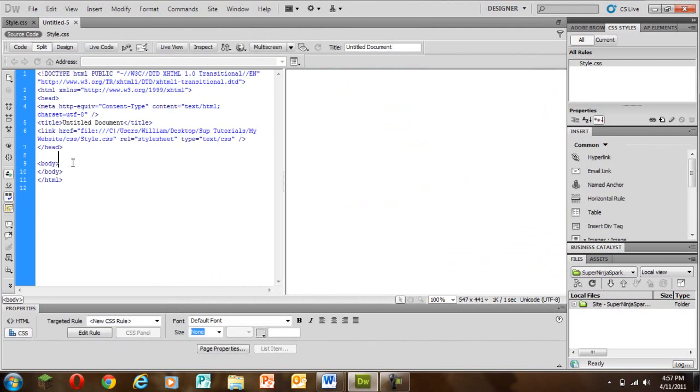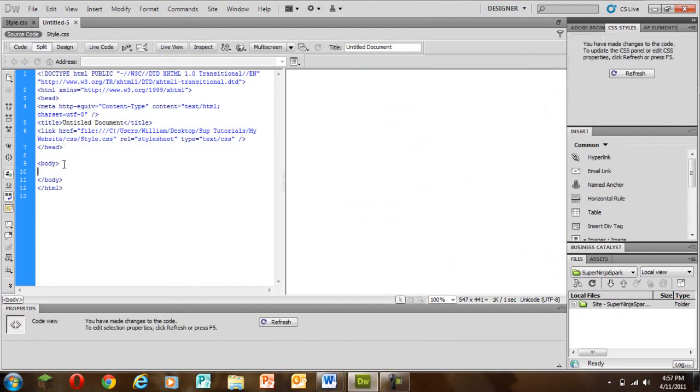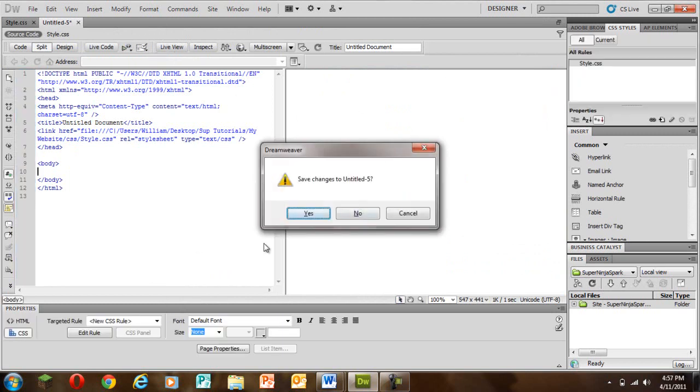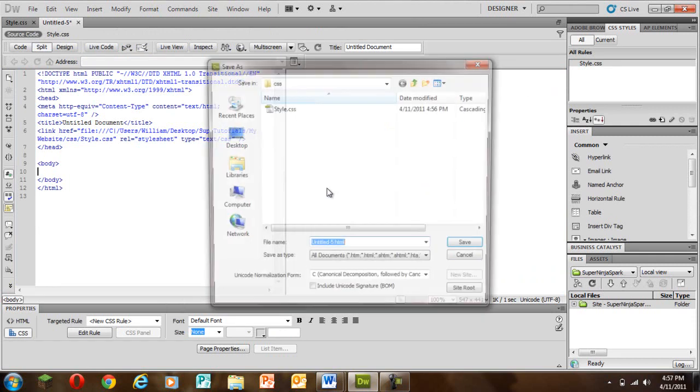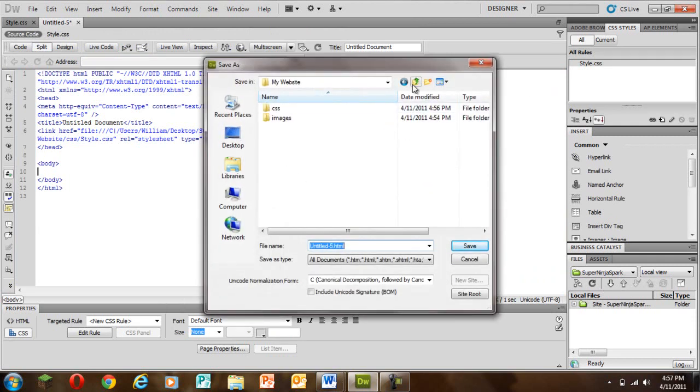Then what we really want to do is change the title of our document. If you click F12, guys, you can actually view it if you're wondering. Well, first we should save it. Yep, that's a good idea. We want to save this called index,